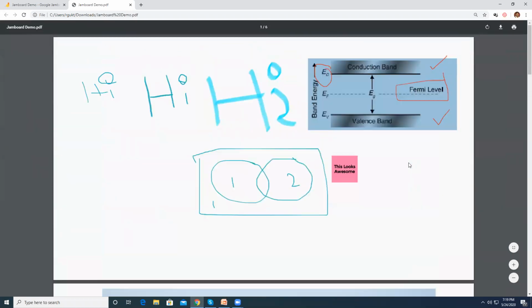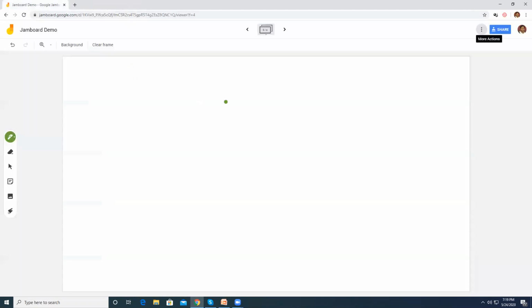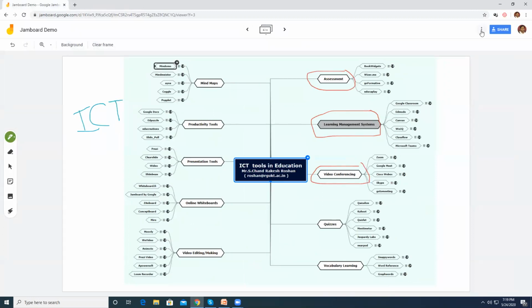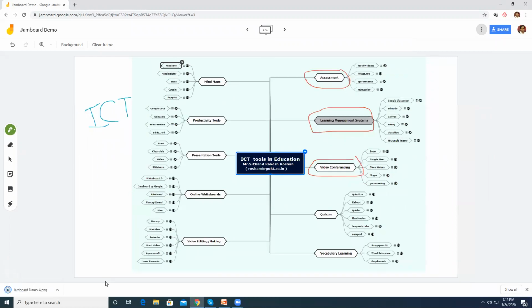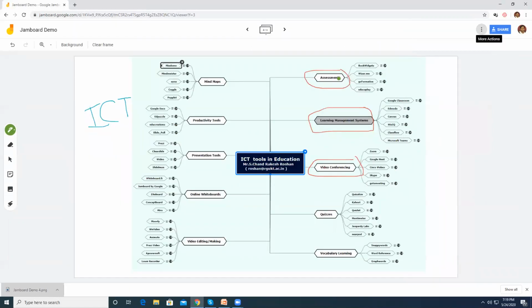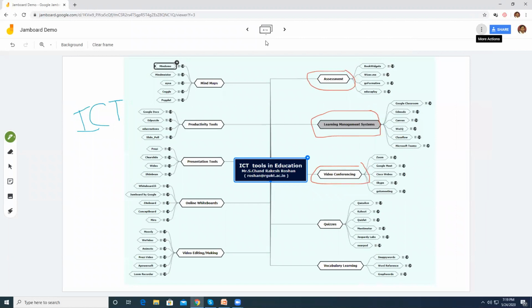I can save it as a PDF. Now this is the beauty of the Jamboard. You can save your entire session, or let us say you're not interested in saving your entire session, you want to save only this particular frame, so you can simply say save this frame as image. Now only this, let us say number 4, this frame would be saved as an image. Now I'll just show you. So this is the one. So depending on what you want to save, you can save the entire Jam as a PDF, or you can save a particular frame as an image.